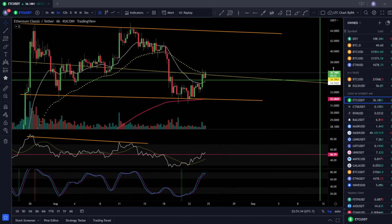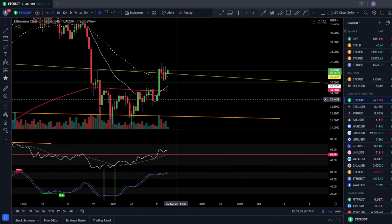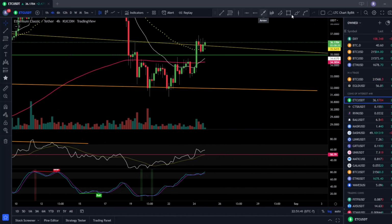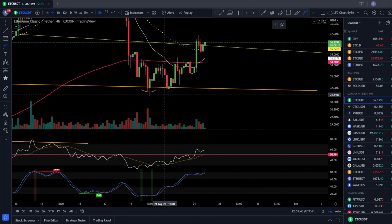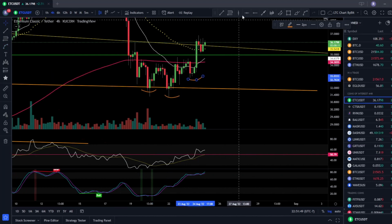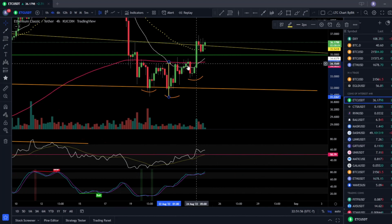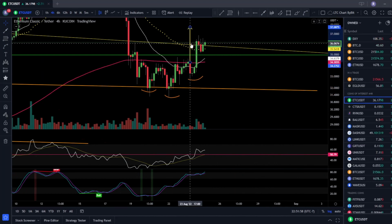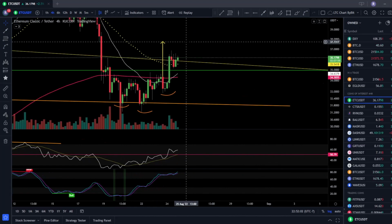One thing I want to look at here, let's go down to the 4 hour because I kind of see a head and shoulders. Yeah, it's an inverse head and shoulders going on here. So you got your left shoulder, you got your head, and you got your right shoulder kind of playing out right there. And if that does completely play out, we did not come back to retest, so that can either be a really good thing or it can come back to retest at some point. So that would have a price target of right around $38,